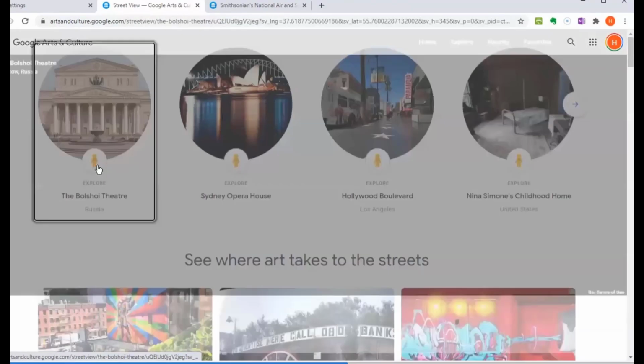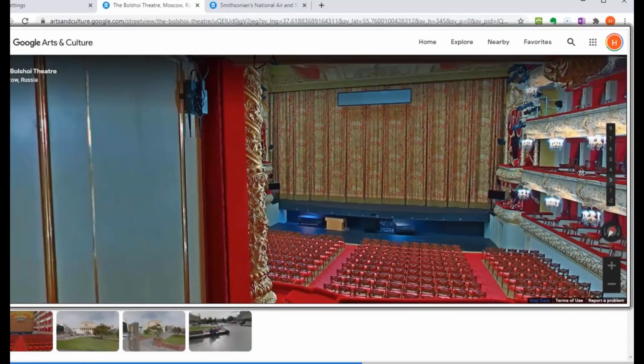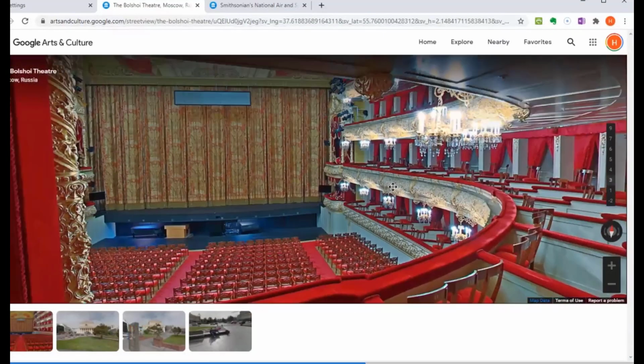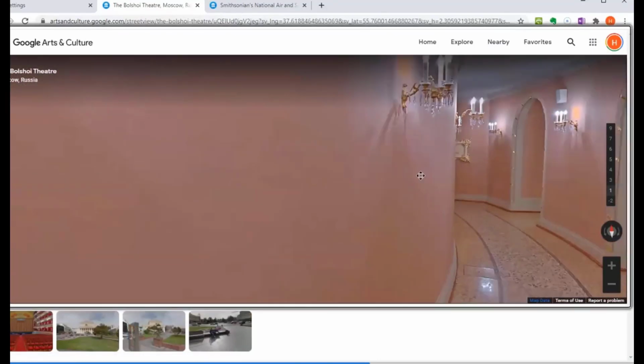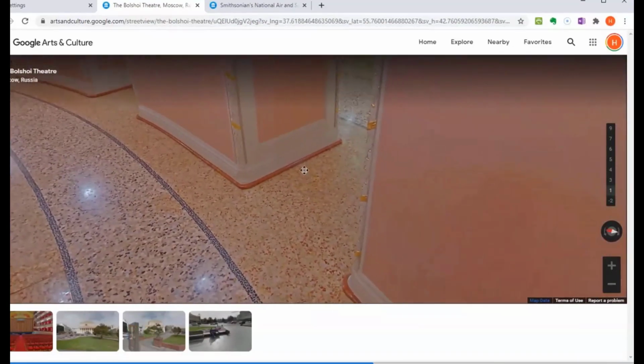This was very interesting. Here is the Bolshoi Theater. But you'll notice that there's numbers along the side here. These are from different floor levels. So if we go to the first floor level, let's go to the third. You can see from the third level, if you're sitting in one of the booths, this is what it would look like. Let's come back down to the first level again, and we're in the hallway, and you can follow